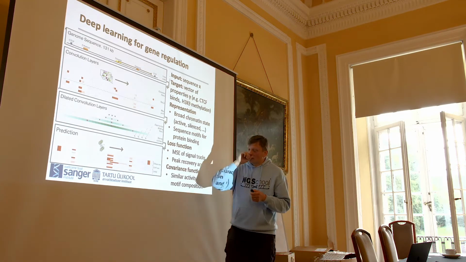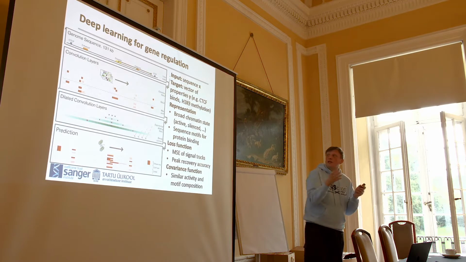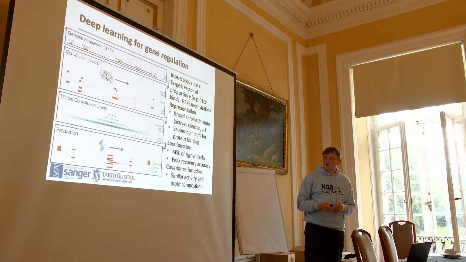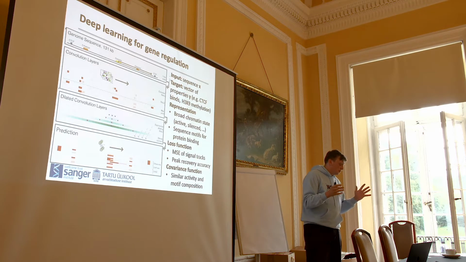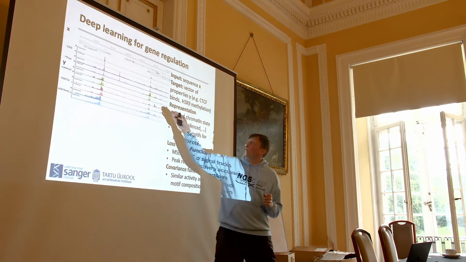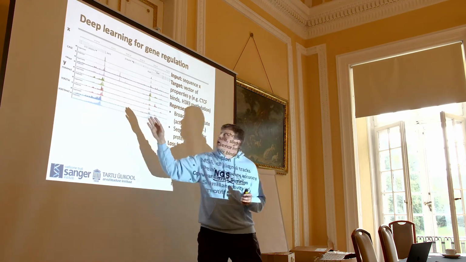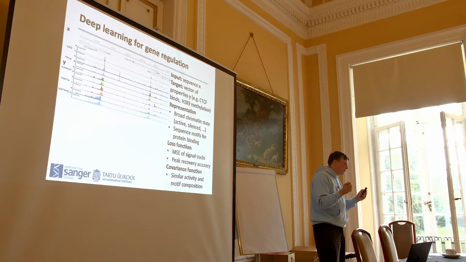But the idea is actually quite simple. They're trying to capture the motif composition and GC richness and so on. The only thing they really struggle with is interactions at a distance. If you look at these tracks, the promoter for PLD3 can be here, but there are enhancer elements all the way here or there, which is tens of kilobases away, tens of thousands of base pairs. You can't really learn a 10,000 by 10,000 covariance matrix.